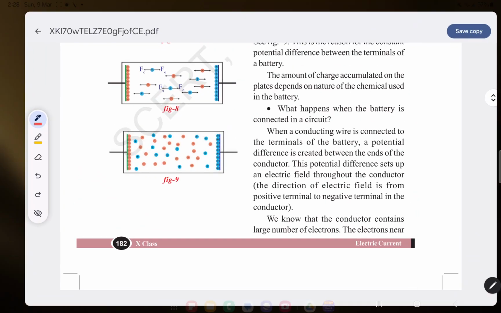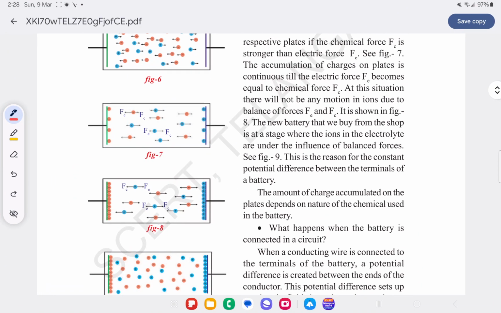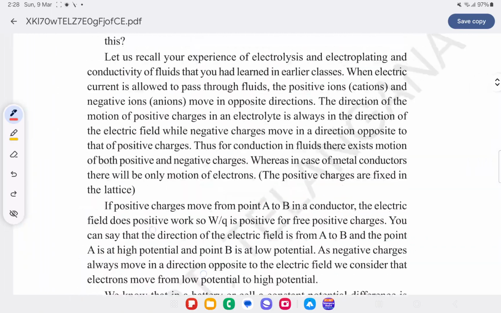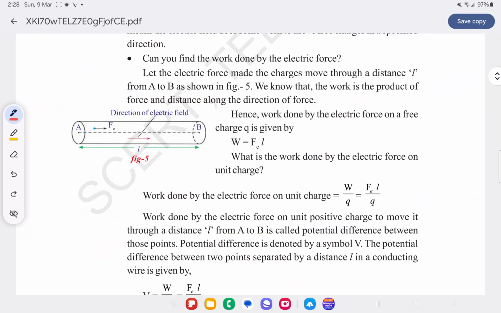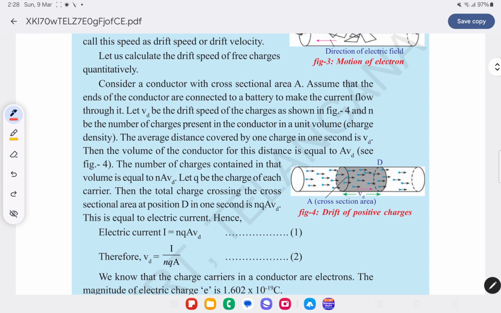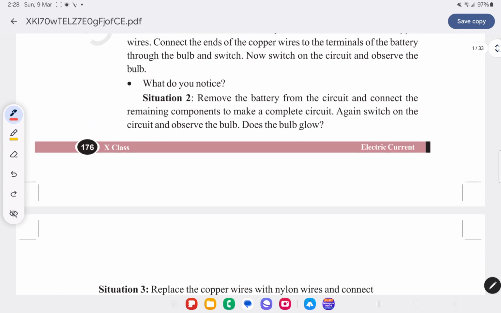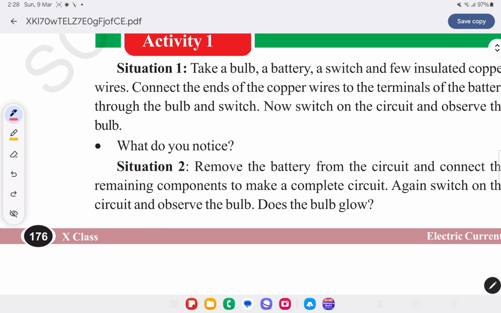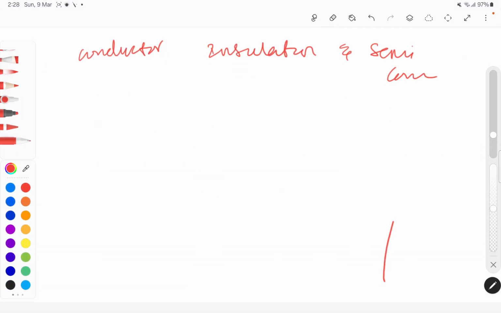For this, we have to do one activity as per your book. That is activity number 1. So here what you have to do, simply take one setup like this where